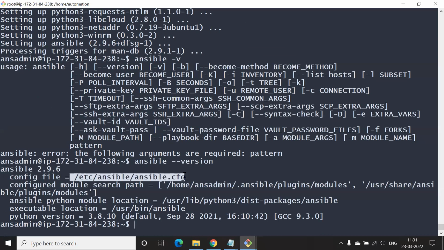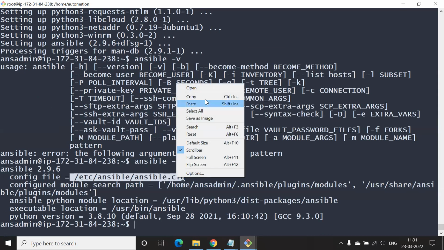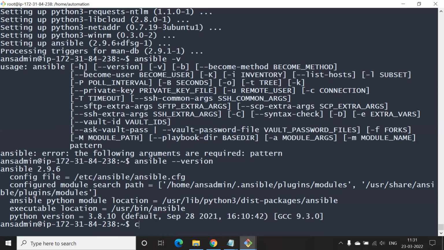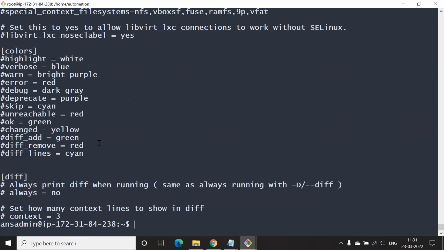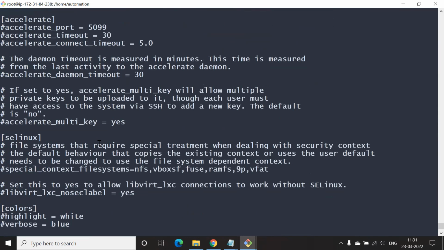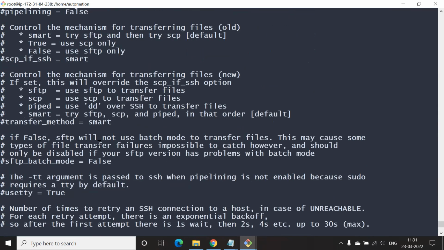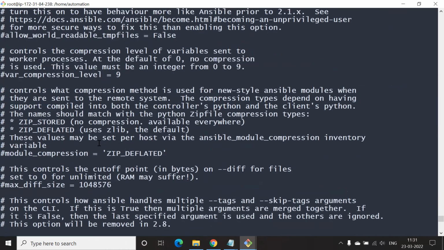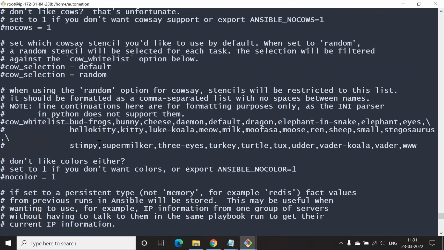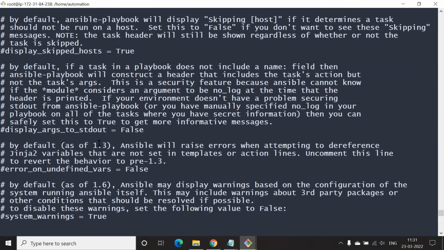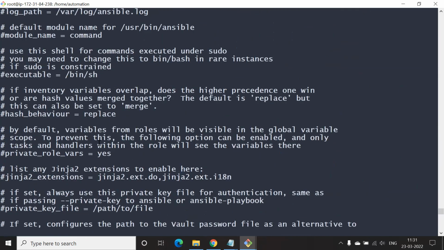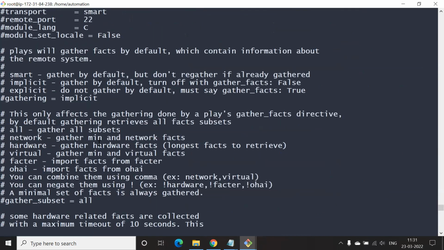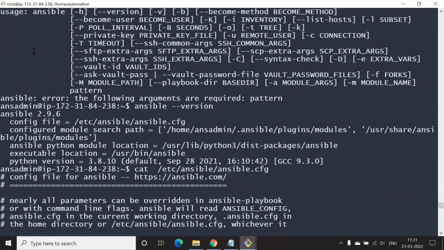Go ahead and cat it. Scroll up. There are a lot of configuration values here. Yes, here comes the important thing.